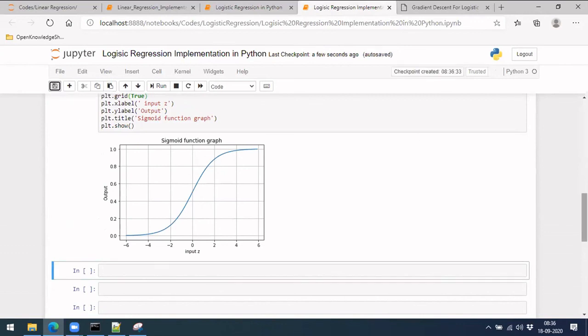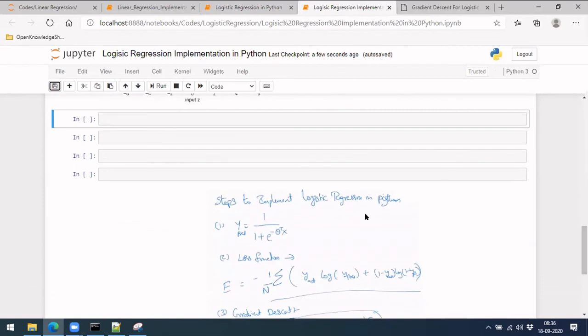Let's see the formula we have and start implementing. So we need something like y prediction. Let me define a predict function. For this we need theta and we need x, right?